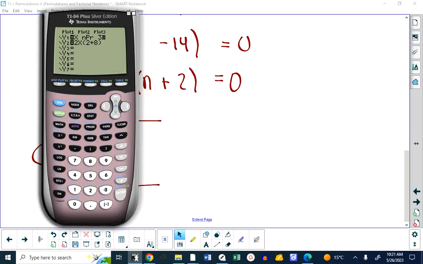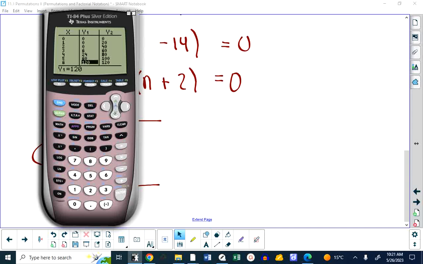You're not going to solve this graphically because your calculator just has a panic attack when it comes to graphing permutations. It can't do it. You might see little dots in different places. You're simply going to go to your table. You'll set up your table to start at 0 and go up by 1. And you'll go to your table, and you will be looking for where y1 and y2 are equal, and it happens